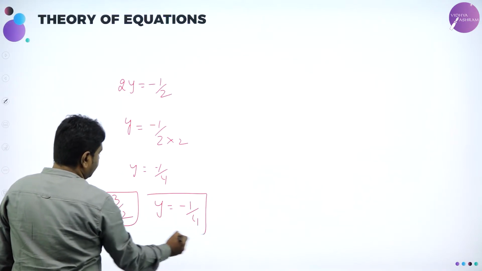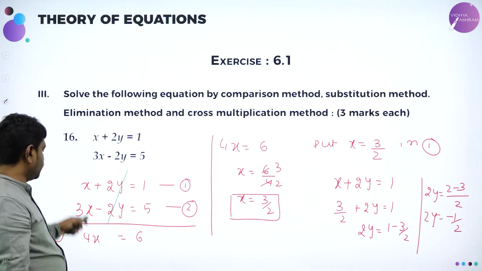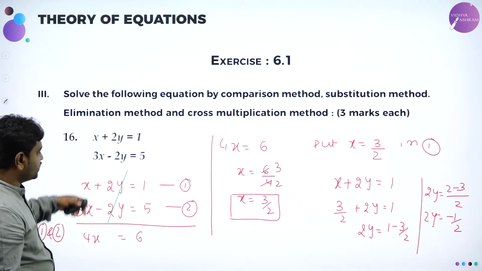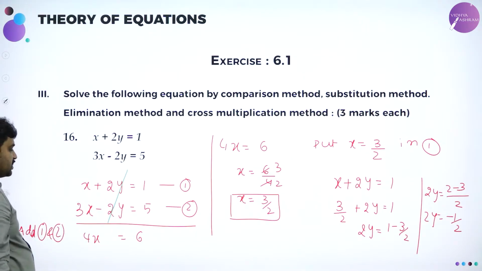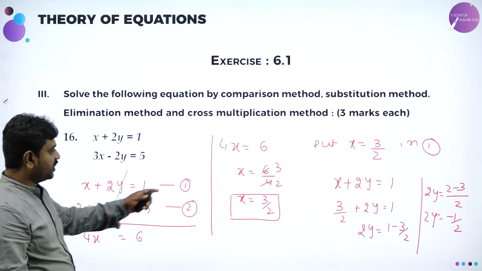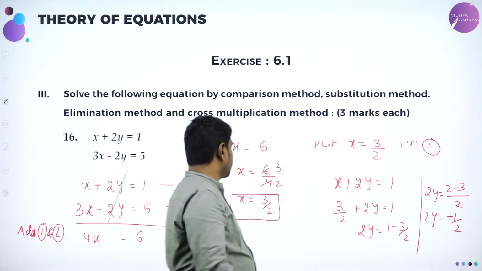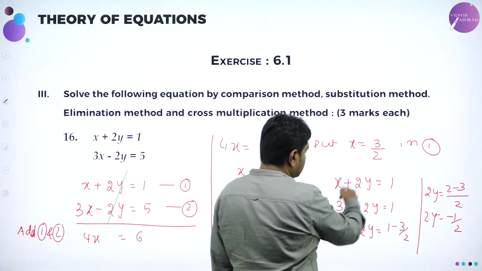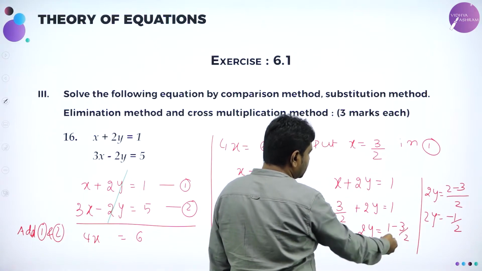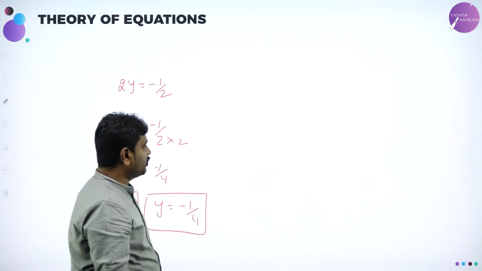So we solved the simultaneous equation by elimination. We eliminated y and we got x plus x is. So I am adding this 1 plus 5, all of you know 6. x plus 3x becomes 4x. Plus 2y minus 2y cancels and you will get x as what? 3 by 2. After you get x is equal to 3 by 2, put it in equation 1. What is equation 1? x plus 2y equal to 1. So in the place of x, substitute x. Transfer that side to become 1 minus 3 by 2. If you take LCM, it will become minus 1 by 2 or y value become minus 1 by 4.